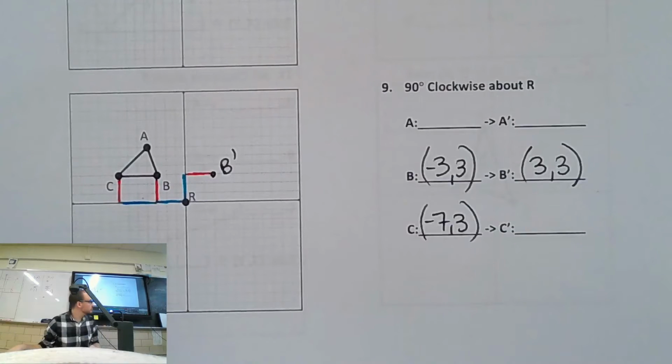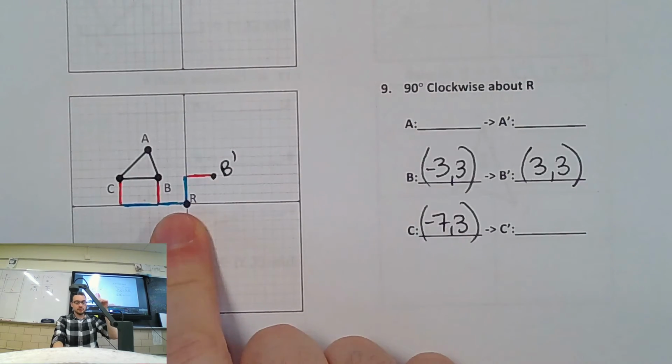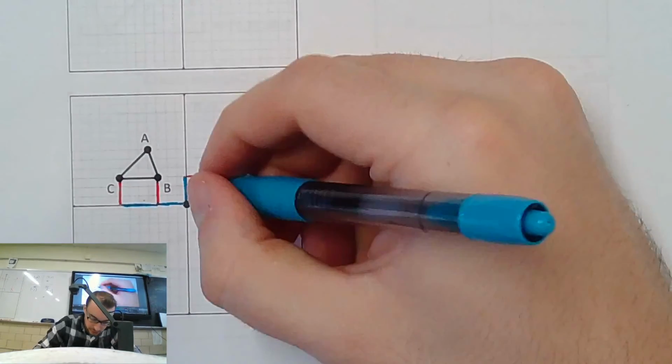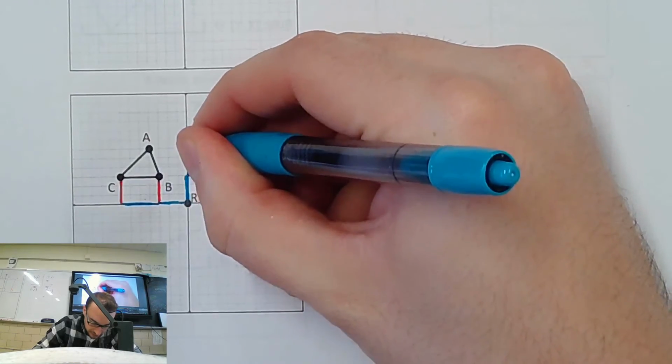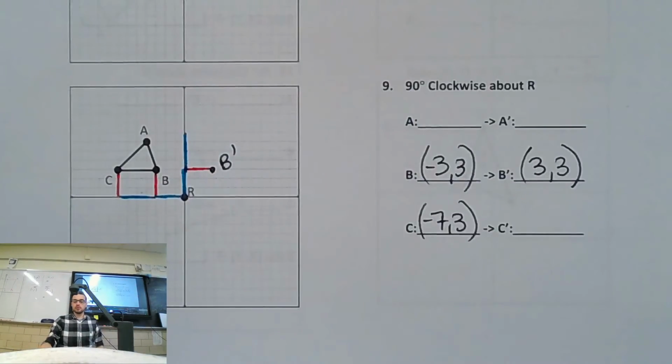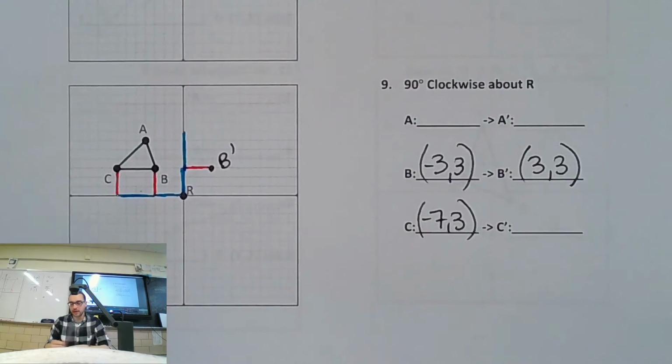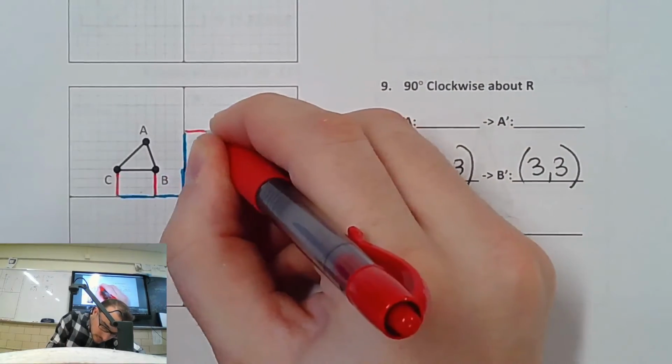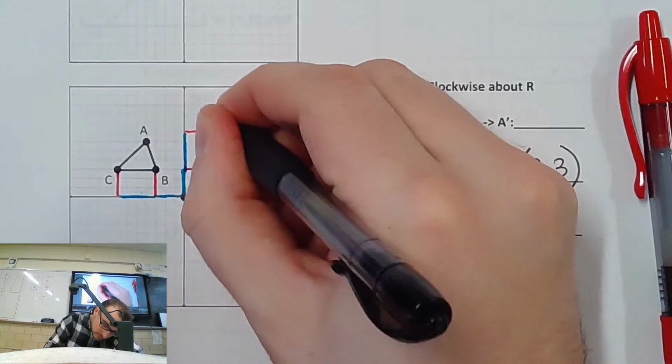Let's rotate that L. Blue line is pointing to your left. After I rotate it 90 degrees clockwise, which way is it pointing? Up, right? Same as this other blue line we had earlier. And it's going to go 7 up. 1, 2, 3, 4, 5, 6, 7. Just a longer version of the blue line we had earlier. That red line pointing up, if I turn it 90 degrees clockwise, that's this way for you guys. And now it's going to point to the right. So that red line is going to turn and point to the right 3. So there's C prime.